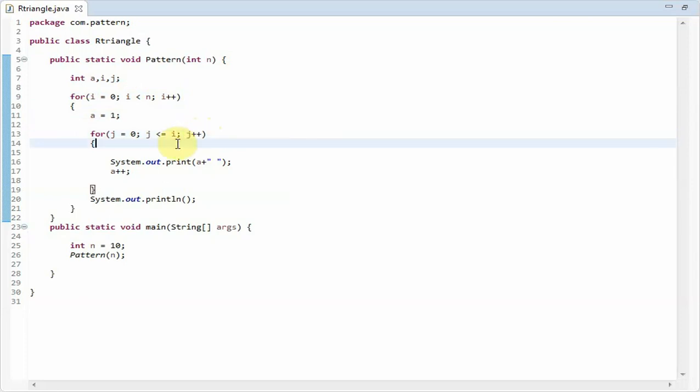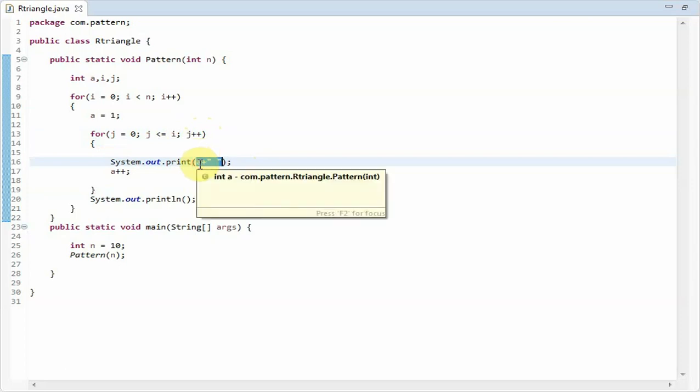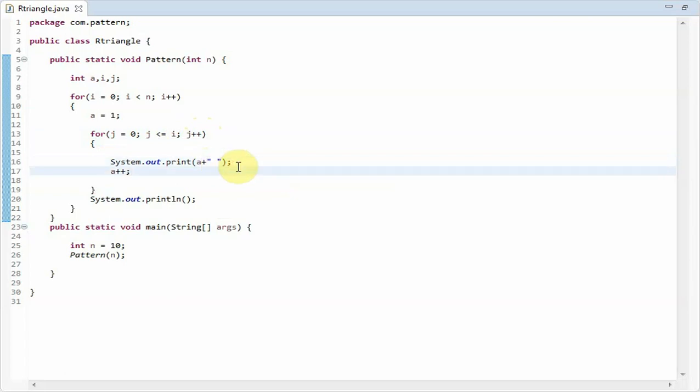And inside this for loop you can observe I am printing using System.out.print. I am trying to print the variable a along with a space, just for understanding purposes.